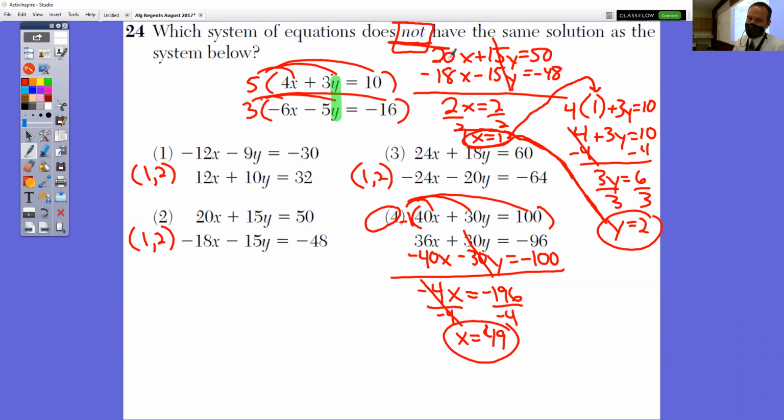All right. Hopefully you read the word not. So when you solve choice number 1, you get 1, 2. When you solve choice number 2, you get 1, 2. When you solve choice number 3, you get 1, 2. When you solve choice number 4, you end up with an x value of 49. 49 is not 1. So that has to be the